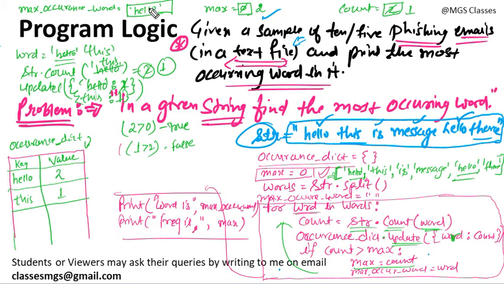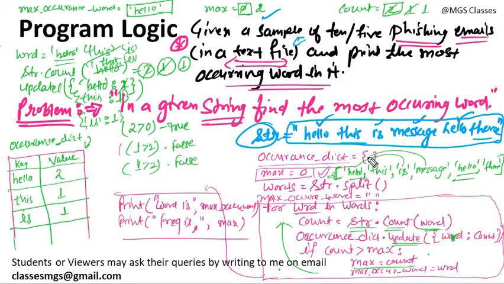Your maximum occurrence word is still hello. Okay, next time is will come in this word, and you are counting the is here. How many times is the count of is? It is 1 time only. So your count will become again 1, and you are going to call the dictionary update with is colon 1. So is is not found in the dictionary, so it will be inserted as is colon 1. Next, is count greater than max? Is 1 greater than 2? The condition is still false, nothing will happen.